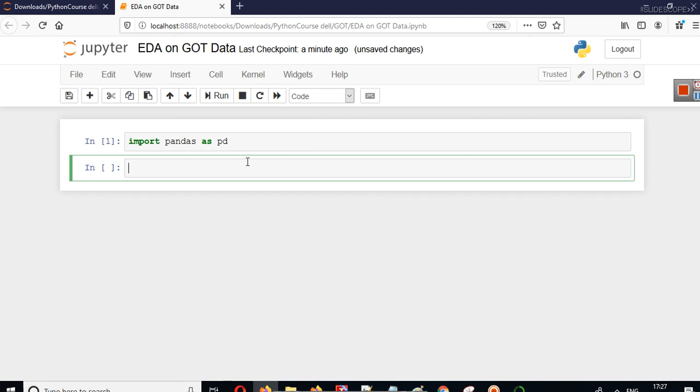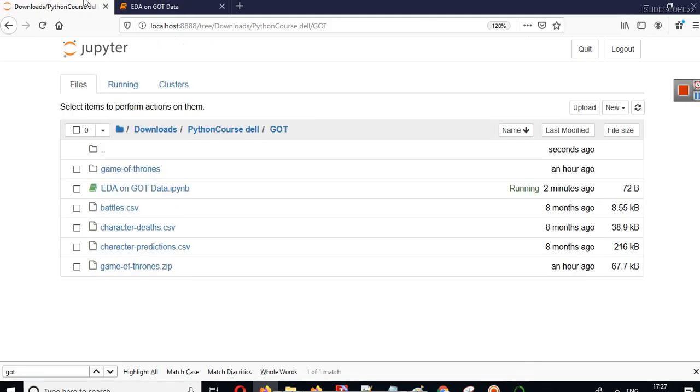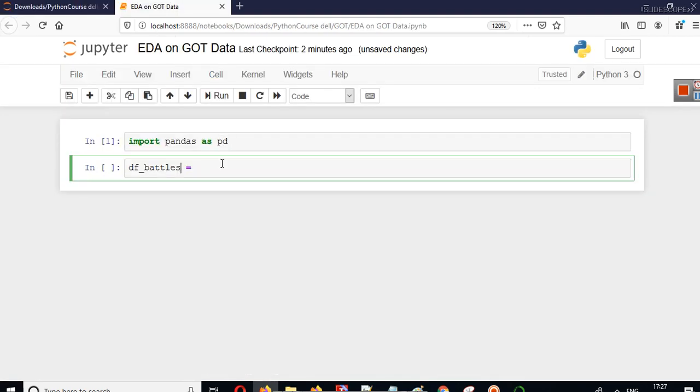When you have imported it, write df, and I can call it df_battles also, because we have three data sets here. So df means data frame, and you will save the data set in these data frames so that you can analyze.